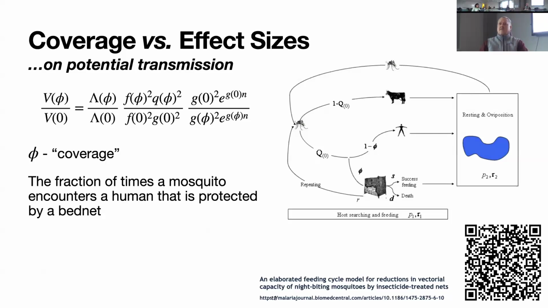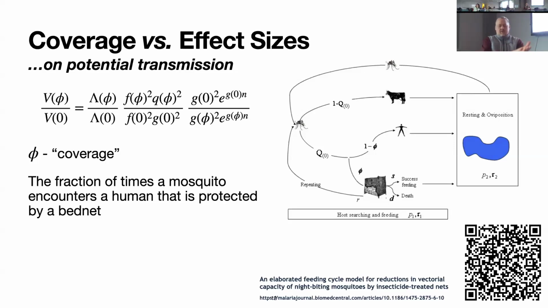If I go out and I only manage to spray 50% of the houses, or I only give 50% of the people a net, what's the relationship between coverage and the effect size? What this forced us to do is to break up the feeding cycle into parts. How long does it take to take a blood meal? What fraction of the duration of the feeding cycle, something that's been studied a lot, was actually due to blood feeding as opposed to resting and egg laying? So we break that up and look at how blood feeding is modified by the presence of a net, with this truly horrible diagram, but this is what passes for great diagrams in malaria epidemiology. You'll just have to get used to it.